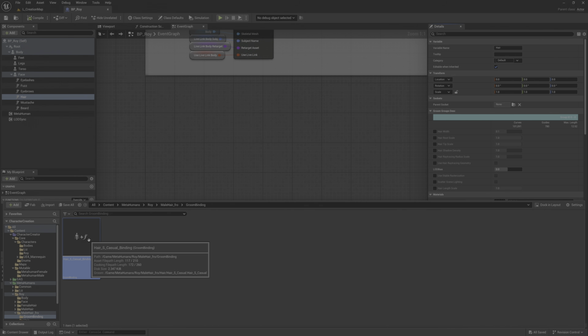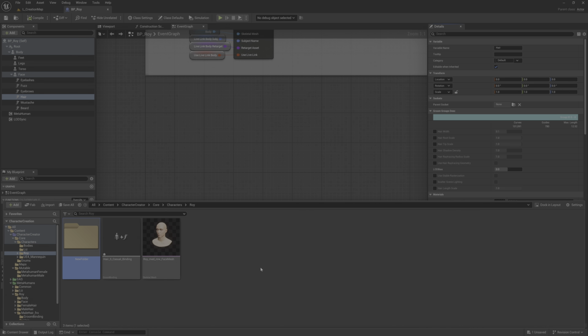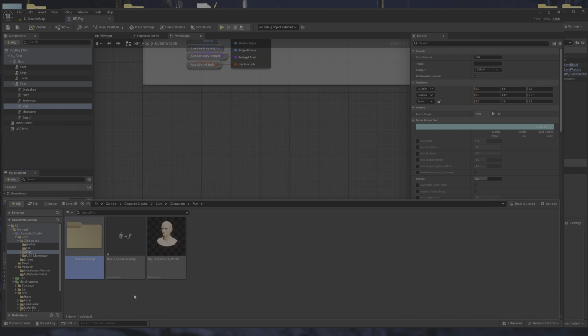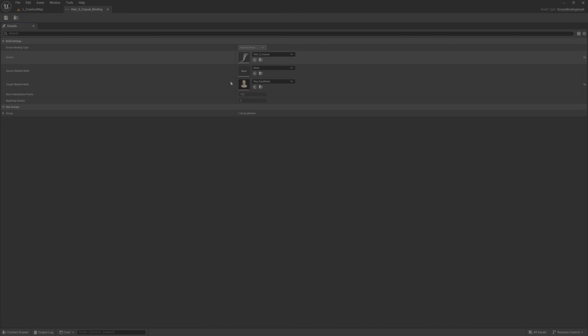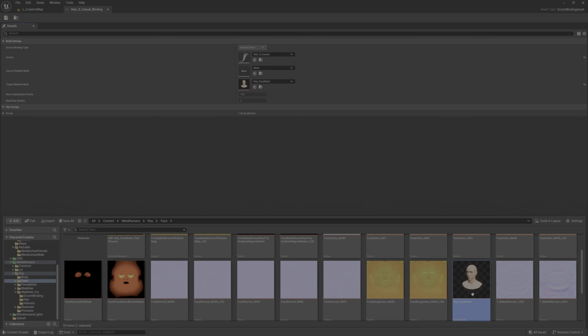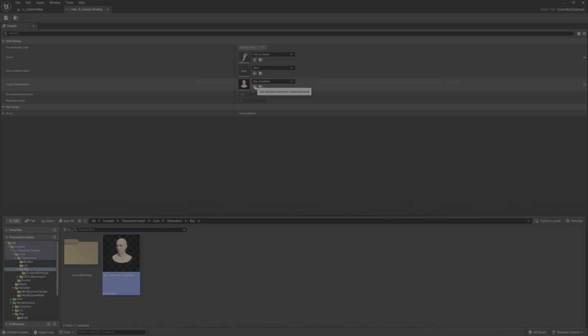I will copy this RS casual binding inside my Roy folder, character creation code character Roy, copy, and I will create a new folder, call it groom bindings, and place it there, open it, but instead of the Roy face mesh, the default one, I will just use this copy.